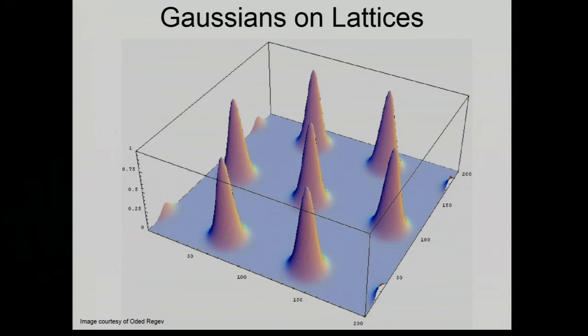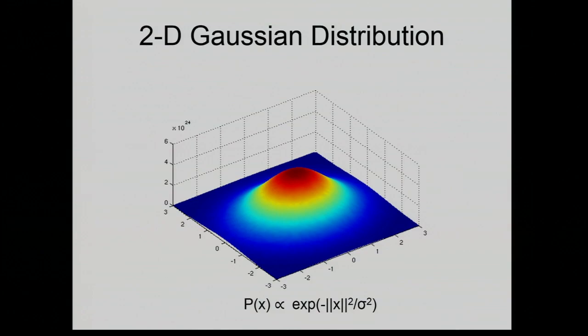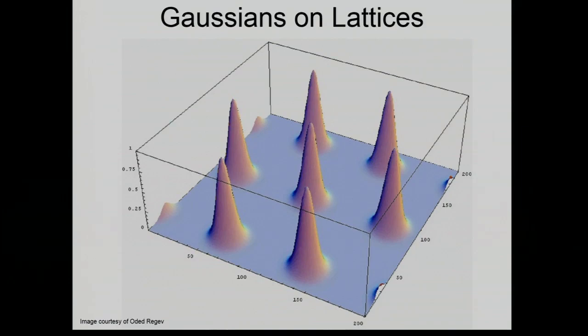Okay, so these are Gaussians, but these are Gaussians on lattices. So what does that mean? I take a Gaussian with a certain standard deviation, sigma, that comes out of this probability density function, and I plop a Gaussian on each lattice point. The probability density at any point is a summation of the density that comes from each lattice point. So this is countably infinitely many lattice points, so it's not even clear that this is well defined, but it is. Trust me. And this defines actually a probability function.